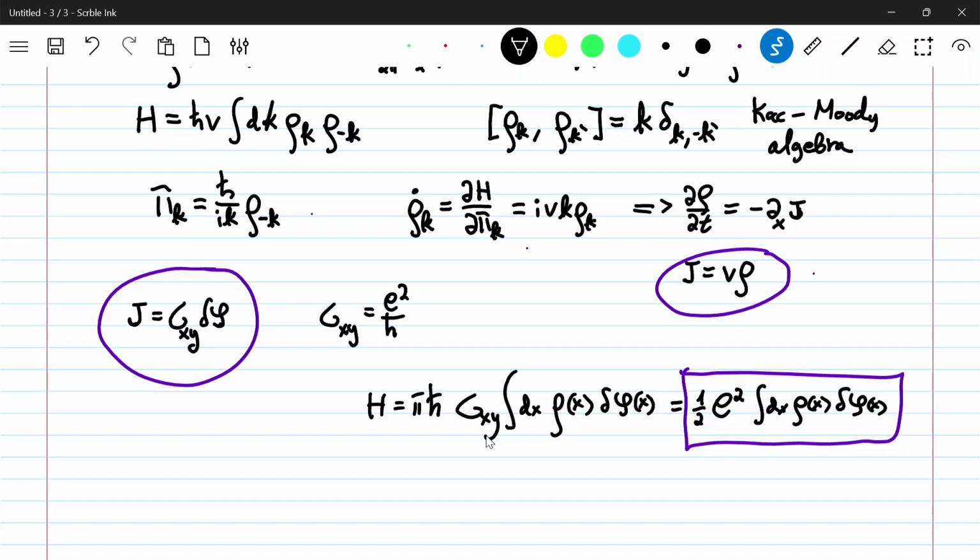Okay, just to understand the final relation. Now rho is still like some operator, and this delta phi is just whatever potential. Yeah, that's right. But in fact, because sigma xy is also a constant, this relation is also an operator relation, where this delta phi is, it's more correct to think about it as a self-generated